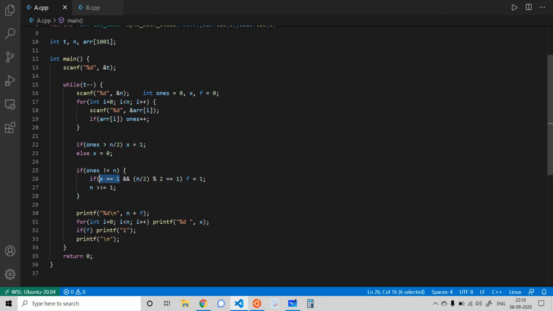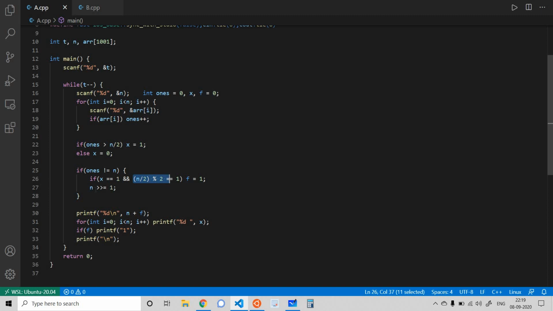And if n by 2 is odd, in this case I'm setting a flag, which I had initialized to 0, that tells me I need to attach another one. So if the number of ones is greater than n by 2 and n by 2 is itself odd, then we need to attach another one at the end of our array.